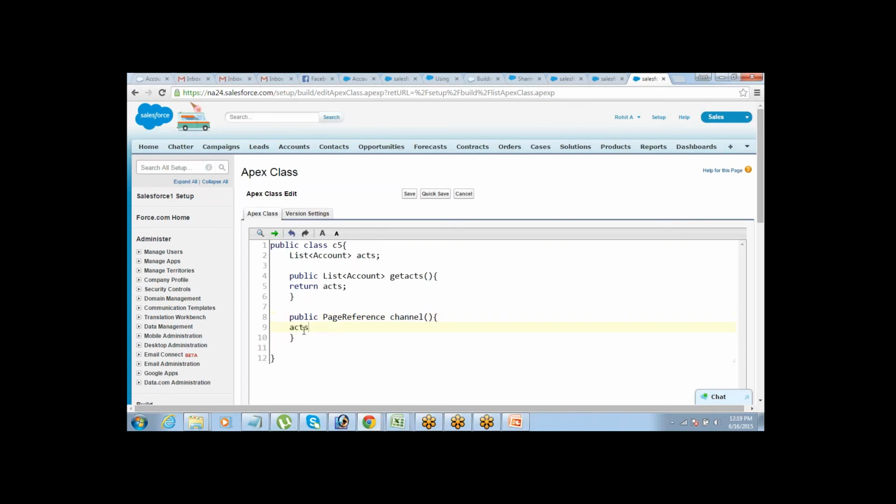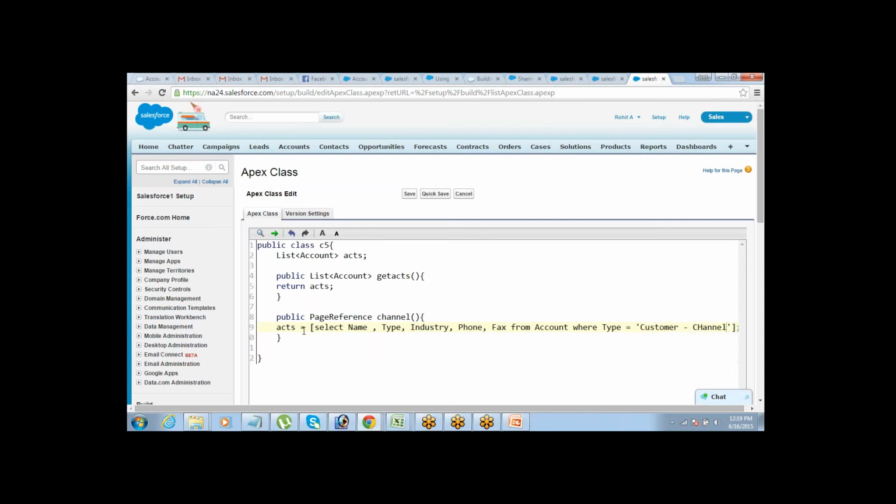So I want to make it accounts equals select name, type, industry, phone, fax from account where type equals customer channel. Right,